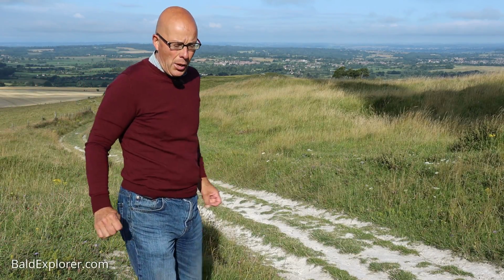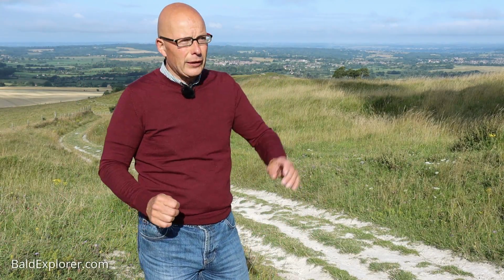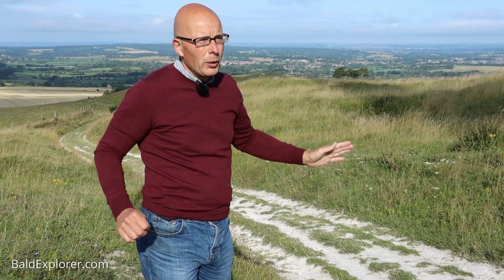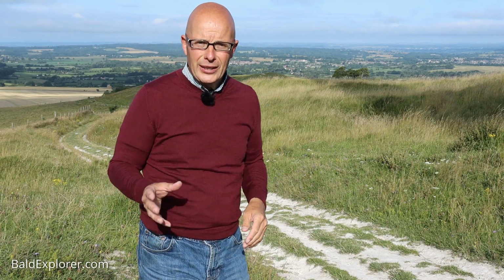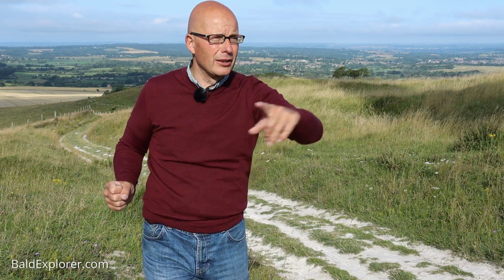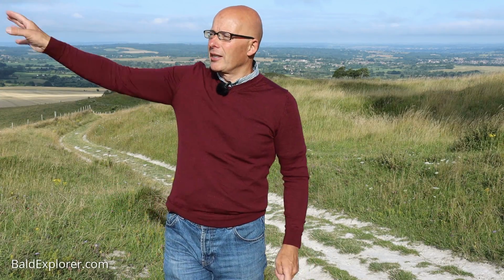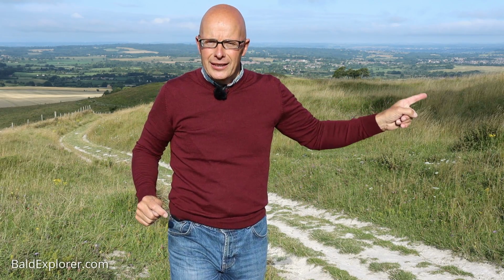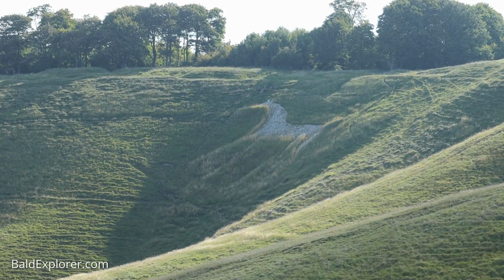It's interesting that the carving of the white horse is on the, well, let me think, it must be on the east slope, which means really the only chance of getting a glimpse of it is probably early June or something in the sun, because the sun is moving around sort of southwards obviously, and in an arc, and perhaps in the evening as well you get to see it, but from here it's right in the shade, which is just such